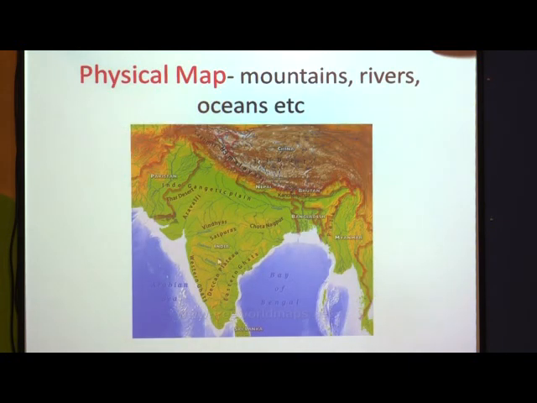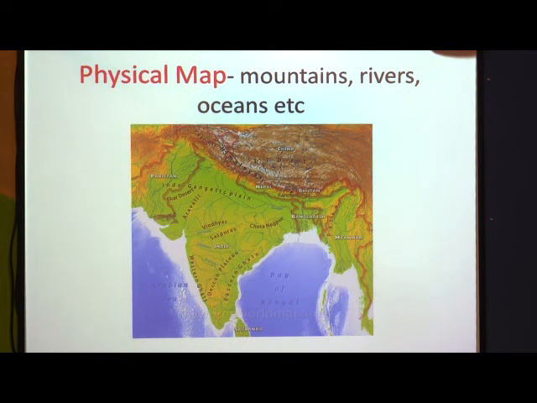For example, see, this is a physical map. This map is showing mountains. See, Aravali is a mountain. Vindhyas, Satpura, then Chota Nagpur is a plateau, again Deccan plateau, then it is showing the ghats like Western Ghats and Eastern Ghats. When a map shows information about rivers, here you can see rivers: Godavari river, Krishna river, Narmada river.